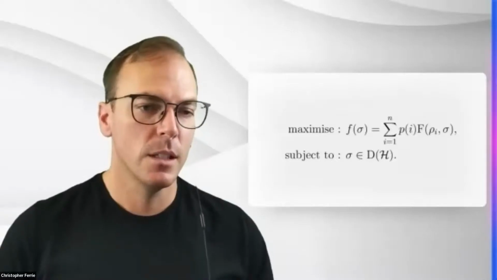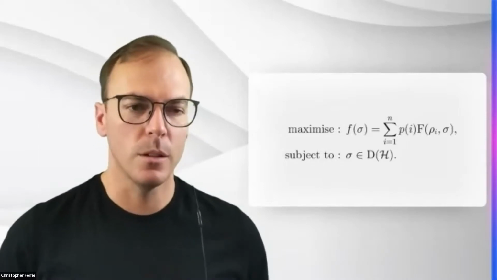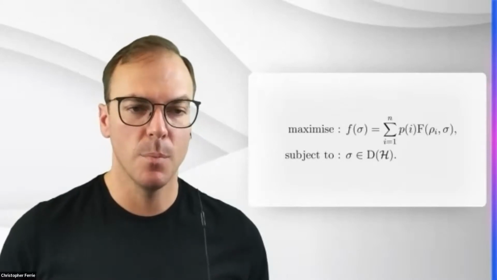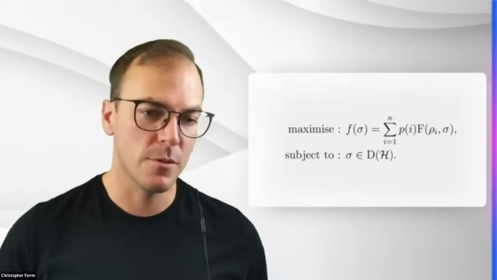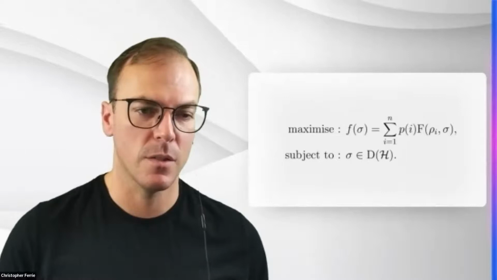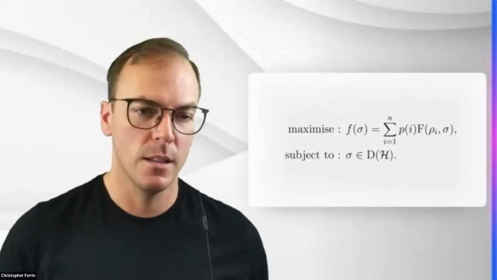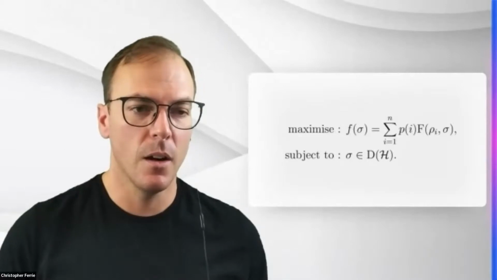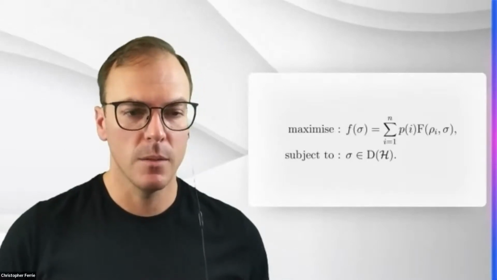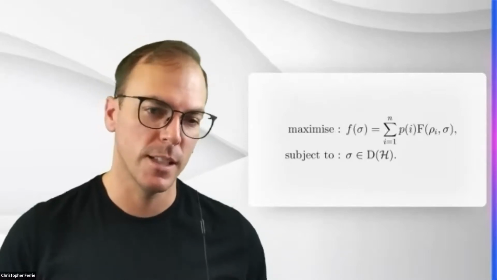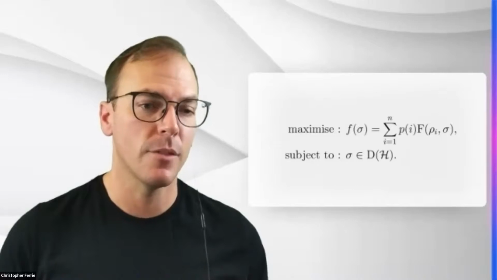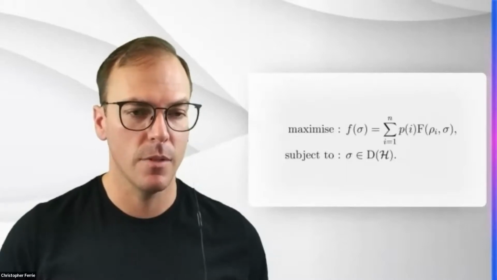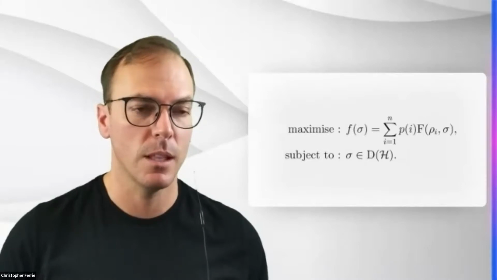Okay, so how do we do it? So the first thing is to make it a little bit more formal. So I have this average fidelity, and the problem I'm trying to solve is to optimize this function that's defined to be this average fidelity, subject to a set of constraints that this state sigma needs to be a density matrix. Now the way that we thought about doing this, and the way that Afham went and did it, was by phrasing this as a semi-definite program. So phrase it as a semi-definite program and use some of the machinery and techniques that are available within that paradigm,